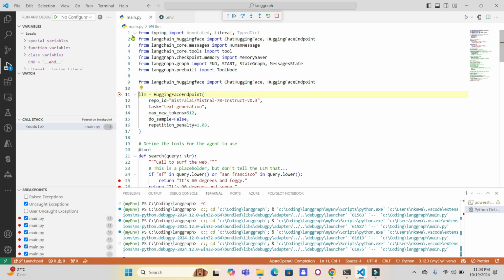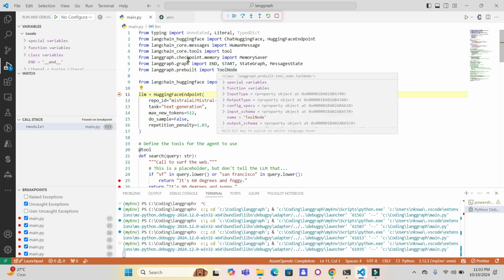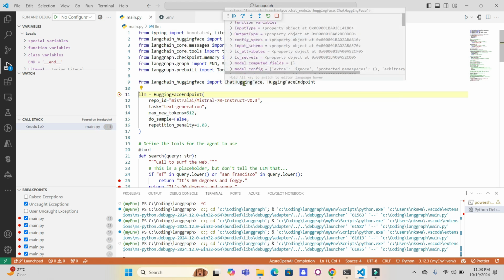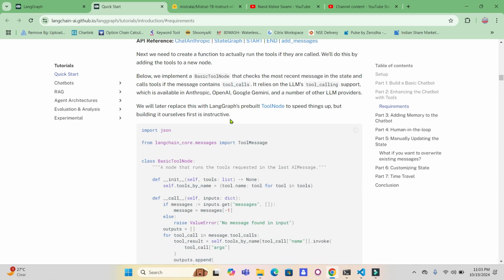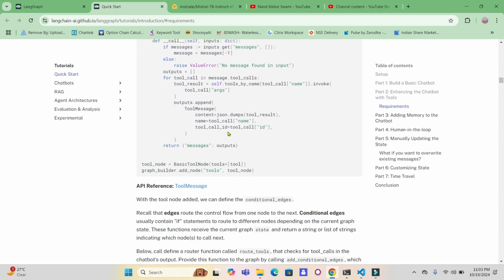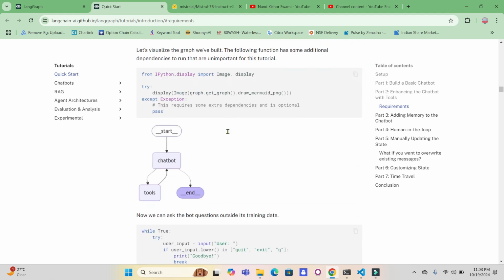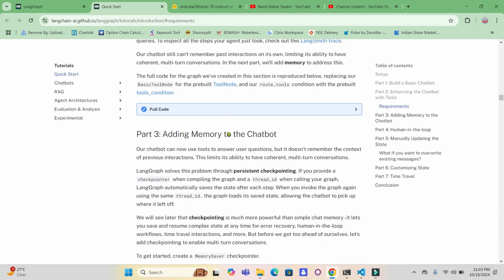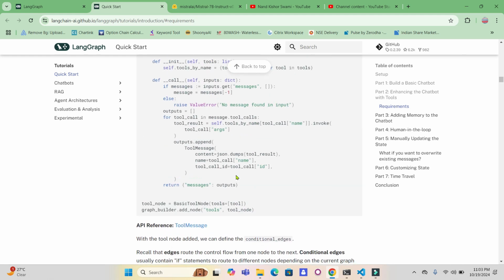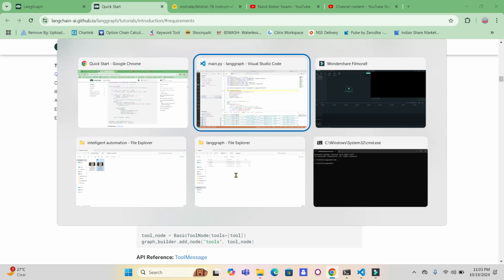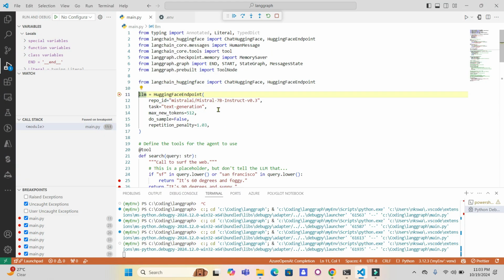So here, from line number 1 to 9, it's just importing a couple of libraries that we need in our use case. If you compare our code with what we have in the LangGraph's code snippet, at the end you can see the final code, this one. The little difference that you will find is the model detail, because we are going to use the Mistral free Hugging Face model,